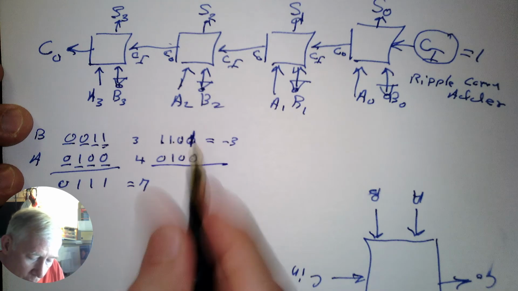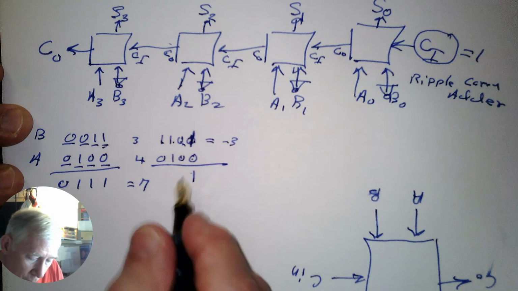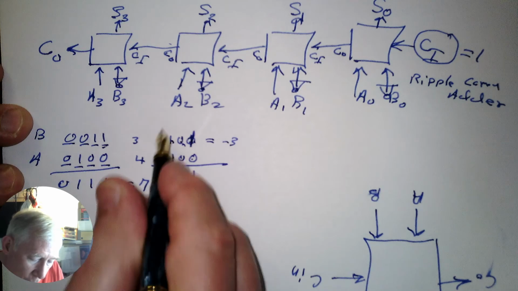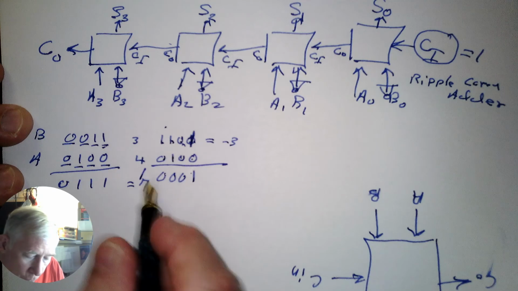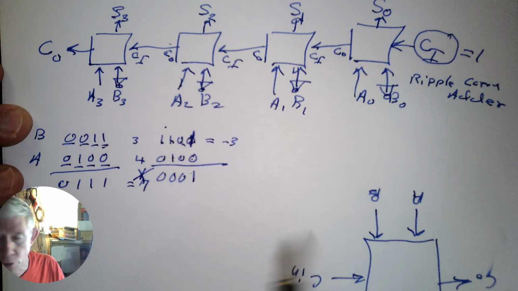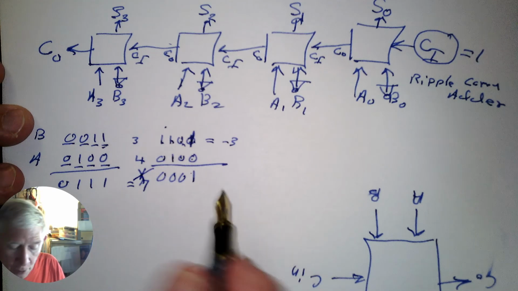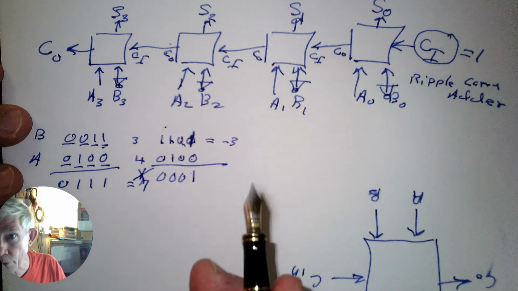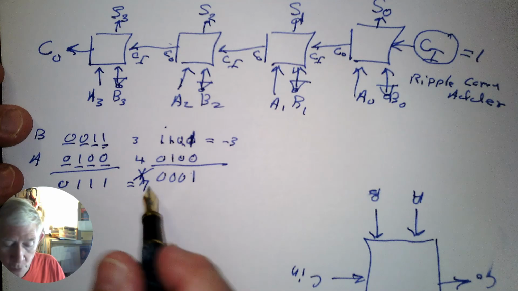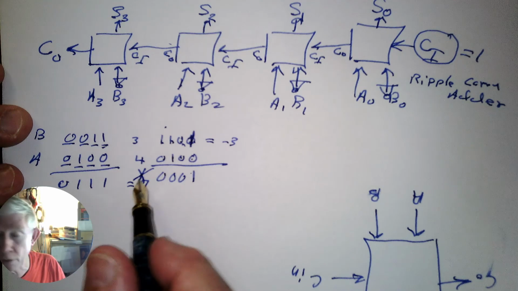Well, 0 and 1 is 1, 0 and 0 is 0, 1 and 1 is 0, carry the 1, 1 and 1 is 0, carry the 1, and we throw away the carry out because when we do 2's complement math, we don't consider the carry out. When we do unsigned math, the carry out tells us that we overflowed, and it would have told us that it wouldn't fit in